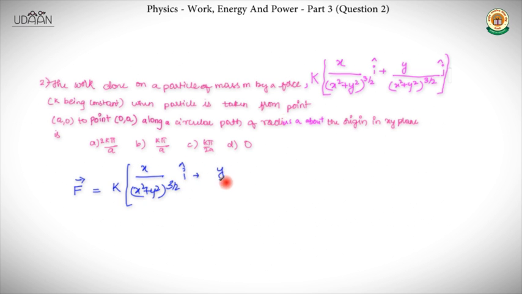plus y by (x square plus y square) whole power 3 by 2 into j cap. And in the given question, how the particle is moving, first we should analyze that. What is given is that it is moving in a circular path. So first we draw a circle, and the initial position of the particle is a comma 0,